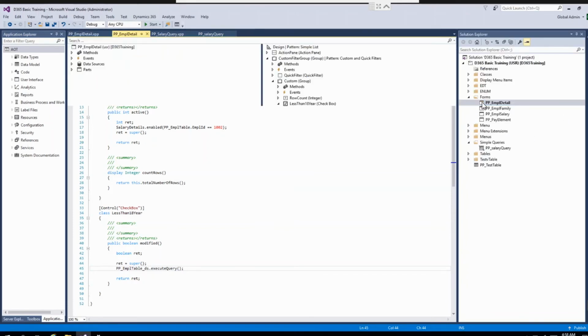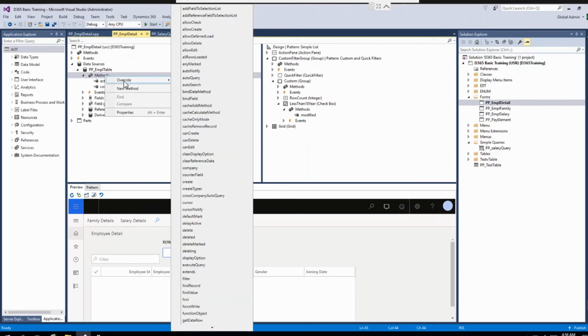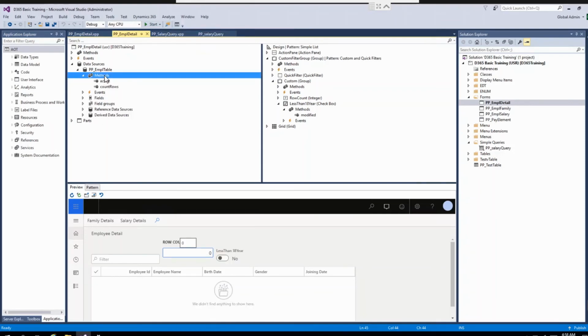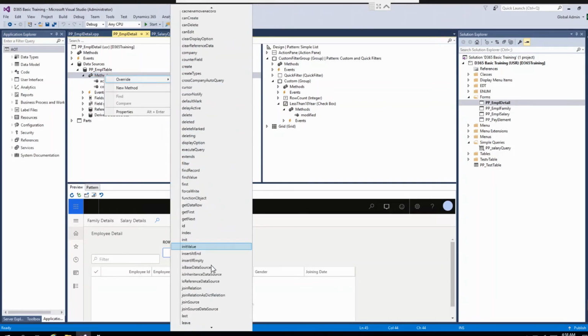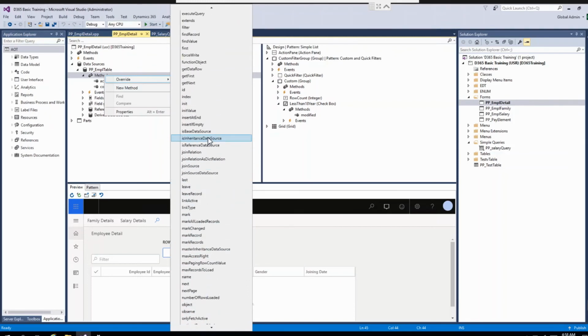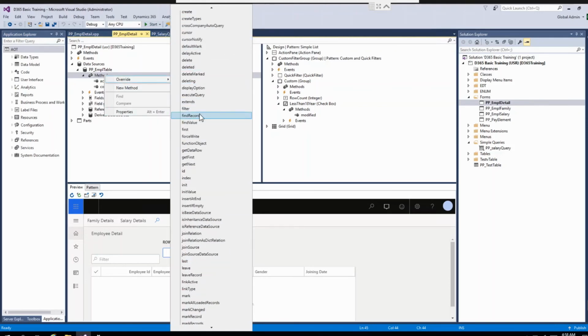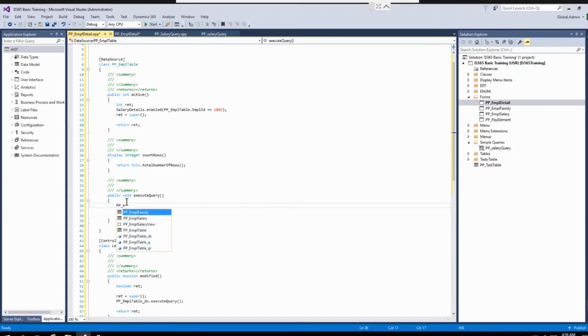So I will go to the data source. Now here I have to override the execute query method. First I have to clear the ranges which already exist.